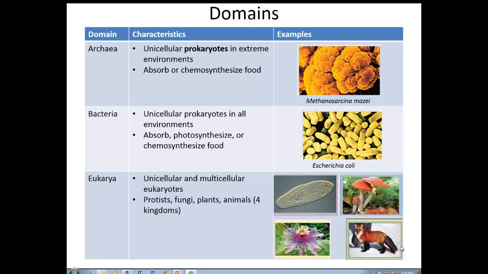And these live in extreme environments, such as salty environments, extremely hot environments like the hot springs, or very acidic environments. So these are not as popular as the most common prokaryote, which are the bacteria. Bacteria are very numerous. They're all over. They're inside our body. They're on the surface of our body. They surround us. Luckily, we have an immune system that helps prevent infection in most cases, but we do know that they also can cause infection.